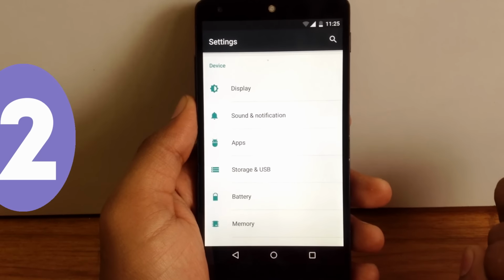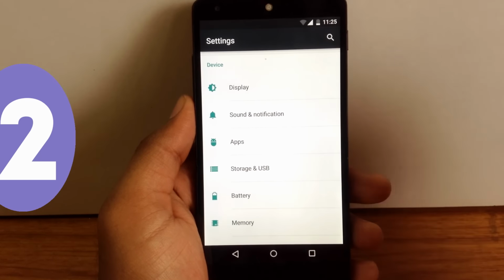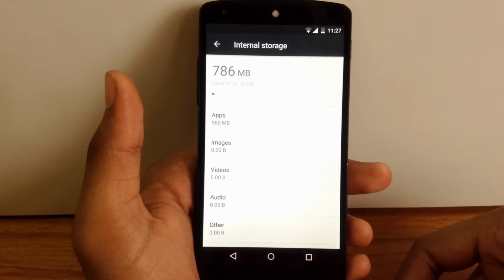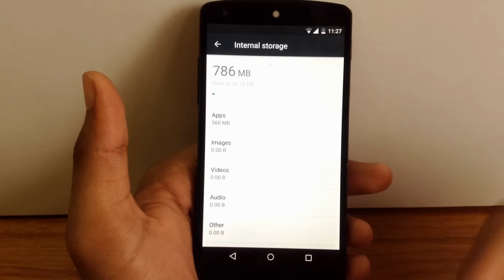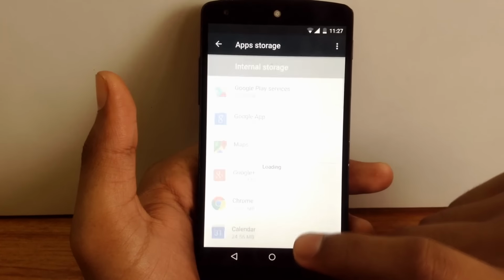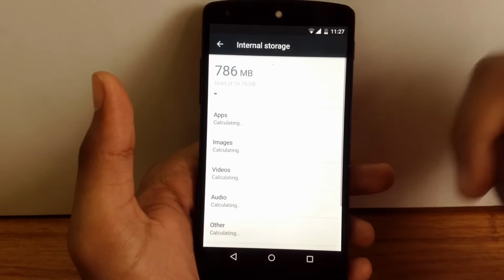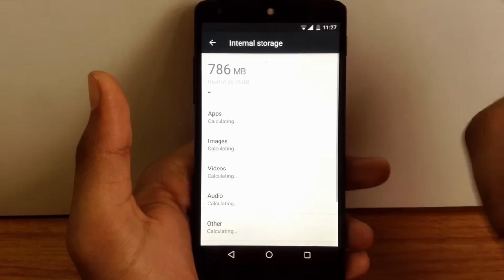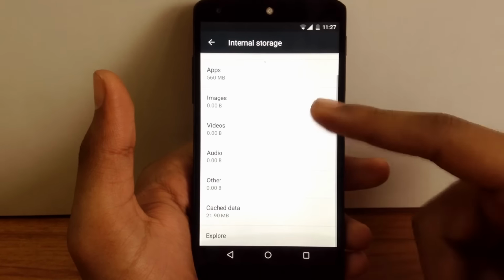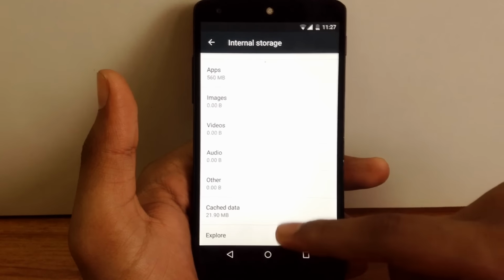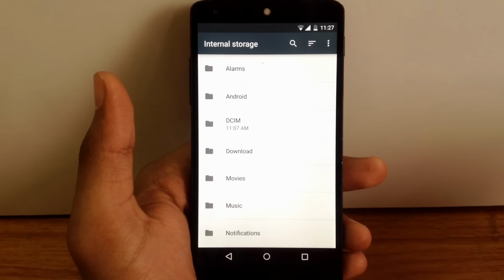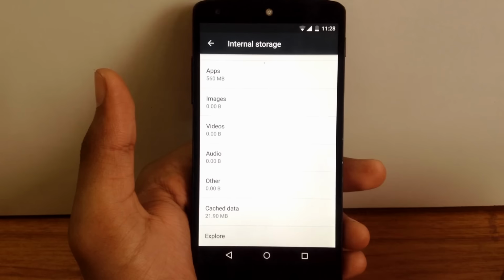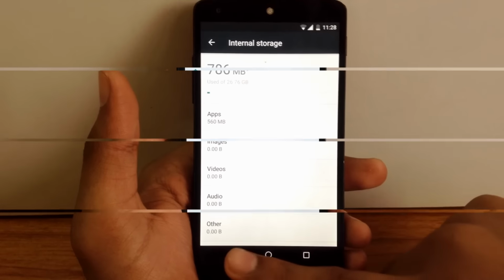Now the second improvement, or second feature, is when you go into storage and USB. As you enter the storage, you can find the revamped look of the storage setting. When you click on apps, it will show you all the apps that are installed. Otherwise, when you click on images, it will show the images folder wise. Also, one thing you can observe is they have added the option of Explorer. So now you can say Android has an inbuilt file manager. It is one of the best improvements I have seen in this preview.